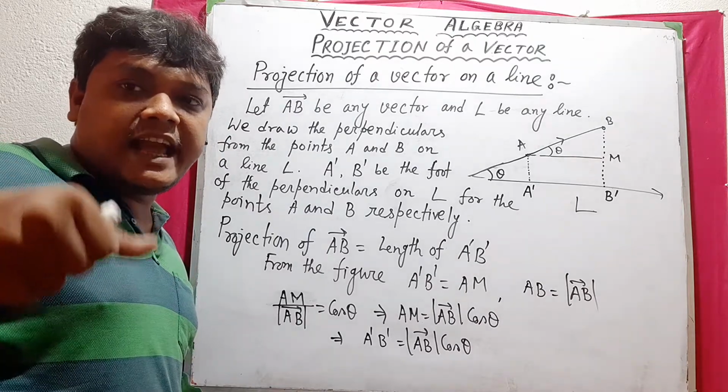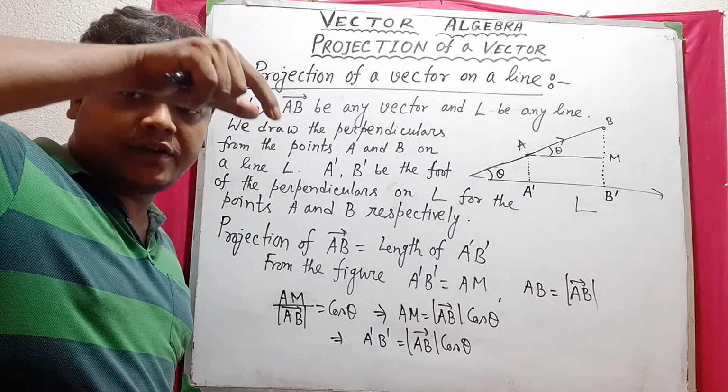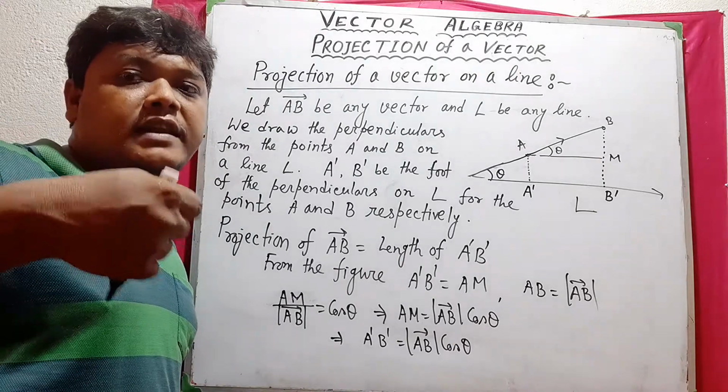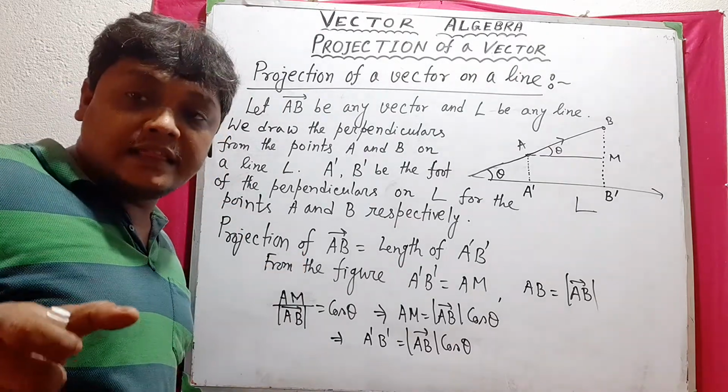That means the angle between the line and the vector is theta, and that cosine into the length of